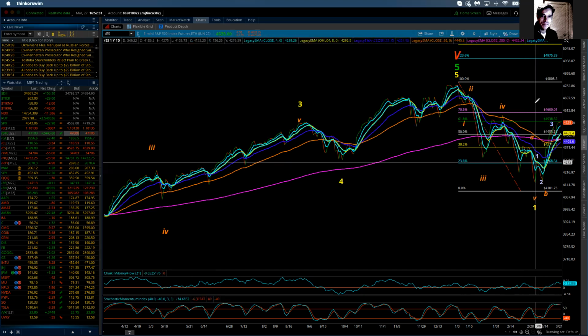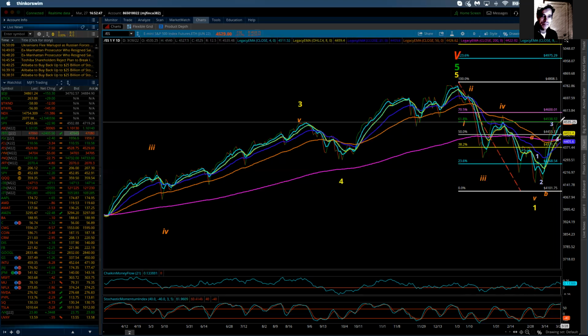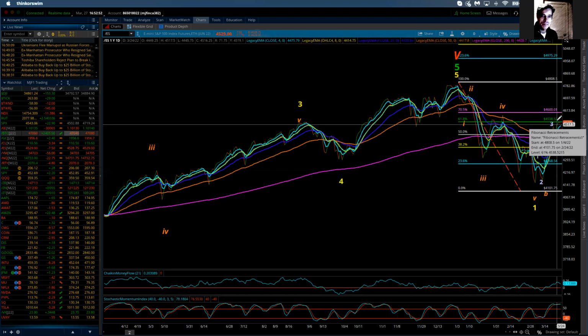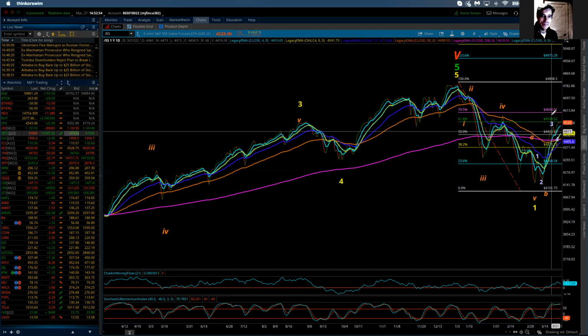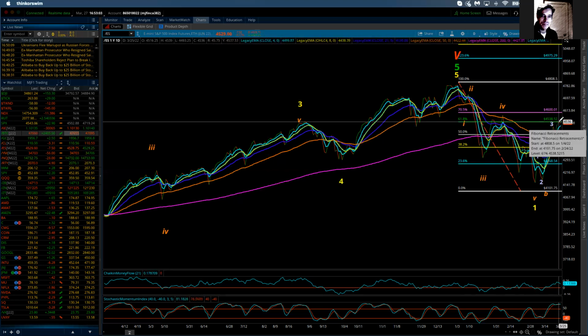So let me demonstrate again on the daily chart. 1, 2, 3, 4, 5, intermediate wave 1. So now I'm in an intermediate wave 2, which will consist of 3 waves of minor degree labeled A, B, and C. This is wave A, and it is pretty clear that we are doing and have maybe completed 5 waves up, but that is only minor wave A. So I'm looking for the completion of minor wave A. We have resistance at 4538, 52. It got up, I believe, to 36 on Friday, but actually 39, according to where the extreme went.